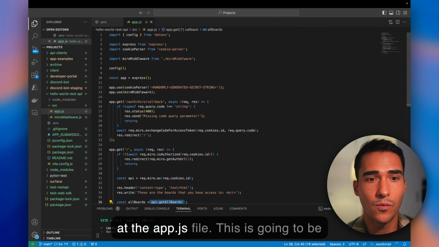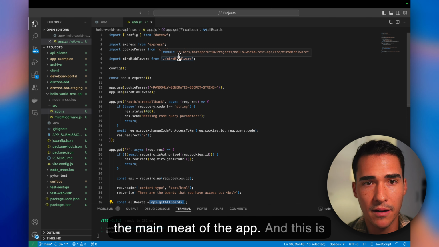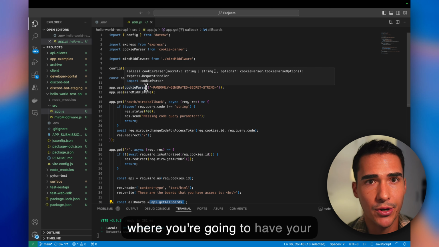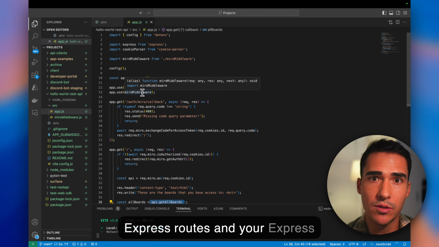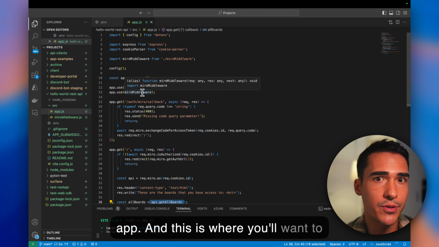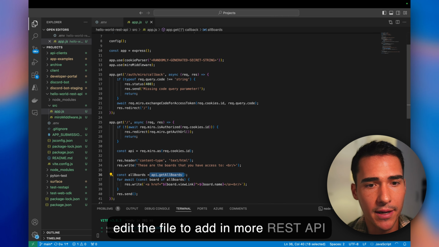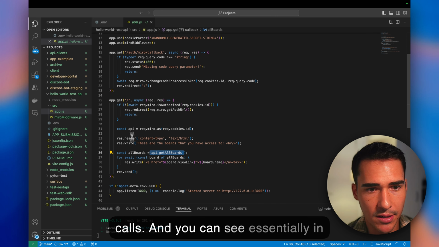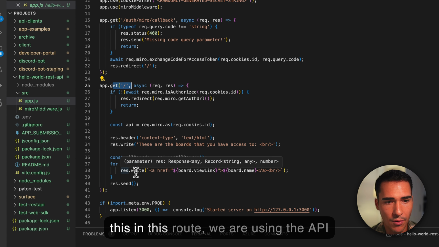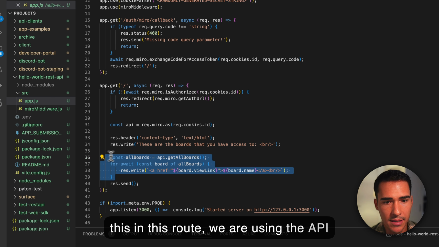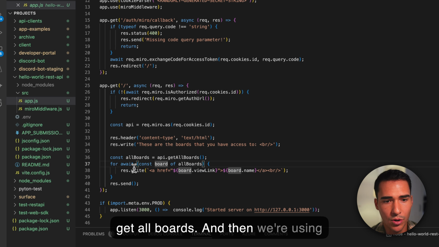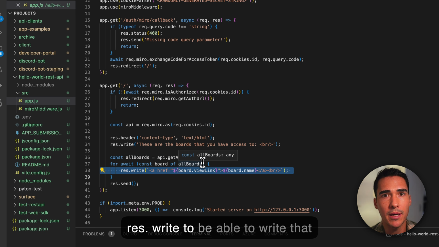So now we can look at the app.js file. This is going to be the main meat of the app. And this is where you're going to have your Express routes and your Express app. And this is where you'll want to edit the file to add in more REST API calls. And you can see essentially in this route, we are using the API get all boards, and then we're using res.write to be able to write that